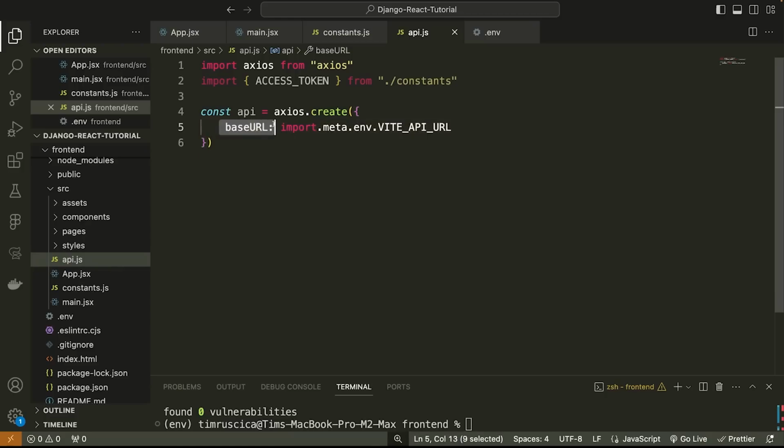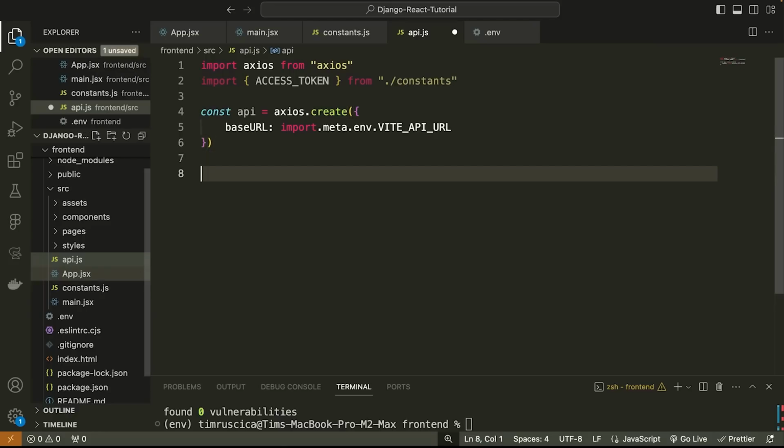import.meta.env.VITE_API_URL, and we're specifying that as the base URL. So when I start using this API here, all I need to do is specify the path I want to access. I don't need to specify the base URL. Now what I'm going to do is I'm going to say